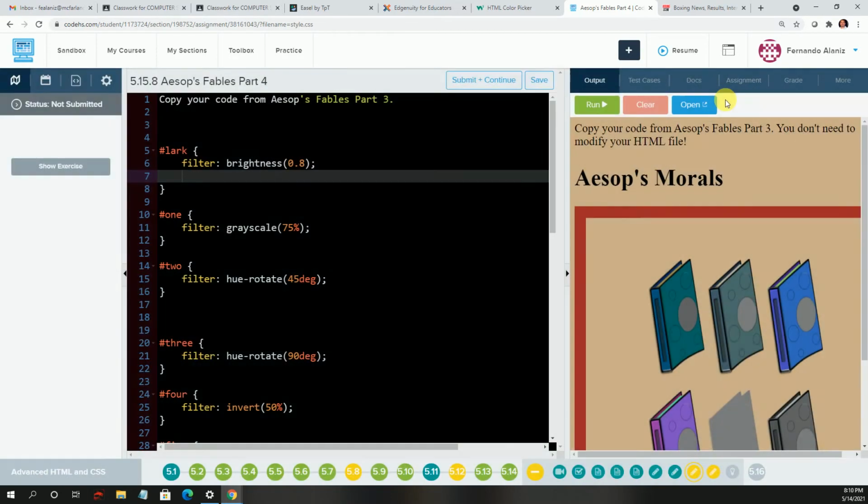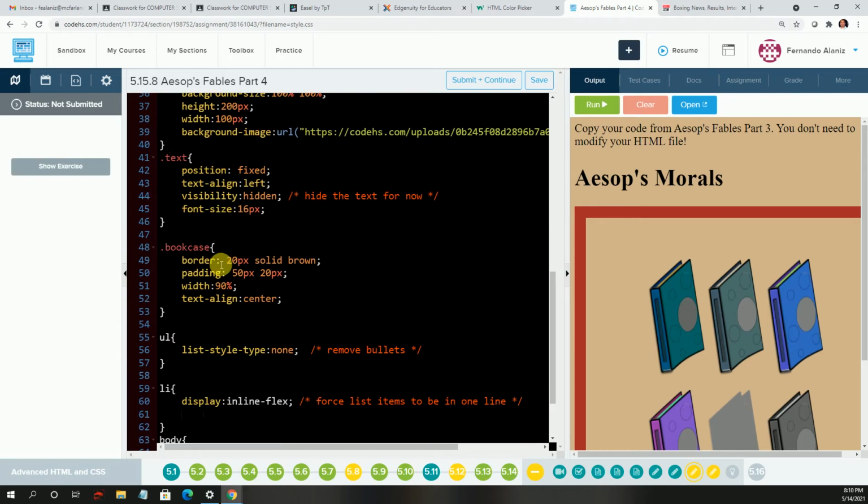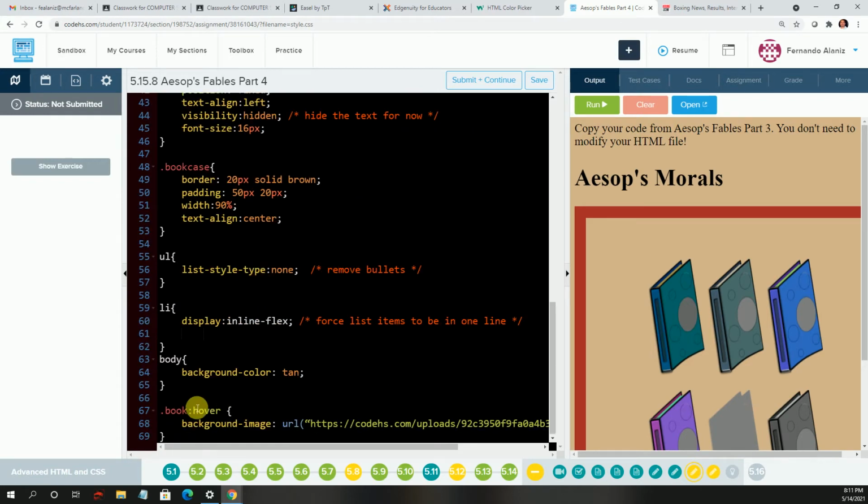Now we're gonna add that hover to the class book, right? So let's look for the class book. Got bookcase, book. There it is, and hover. That's what we want, right? But we also need to add something else. What do we need to add? The height, right? It's gonna grow. Those books are gonna grow, right? By 400, 300. So let's do that. Let's put that under here. So first and foremost,